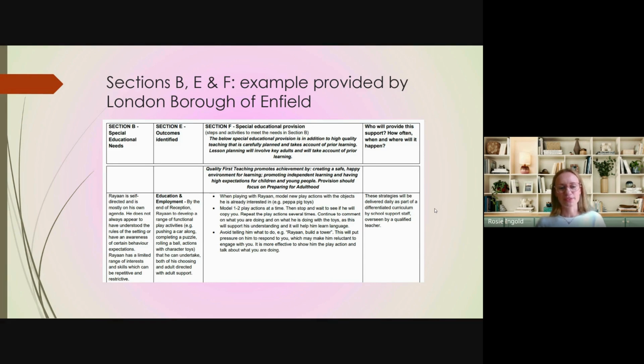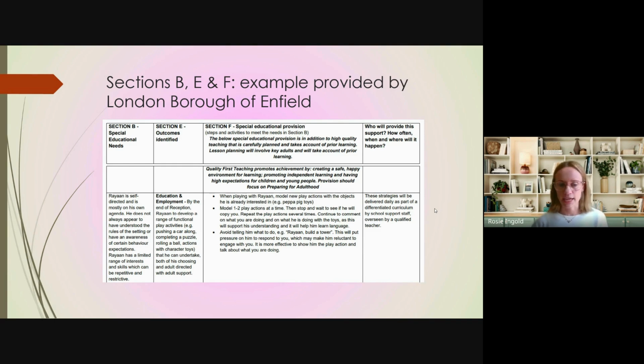which is useful. The least helpful ones are where it has it in order and you have to keep scrolling up and down to check the different sections. But this is a really helpful layout. But if you cast an eye over section B, you'll see what I mean about the sometimes lack of specific